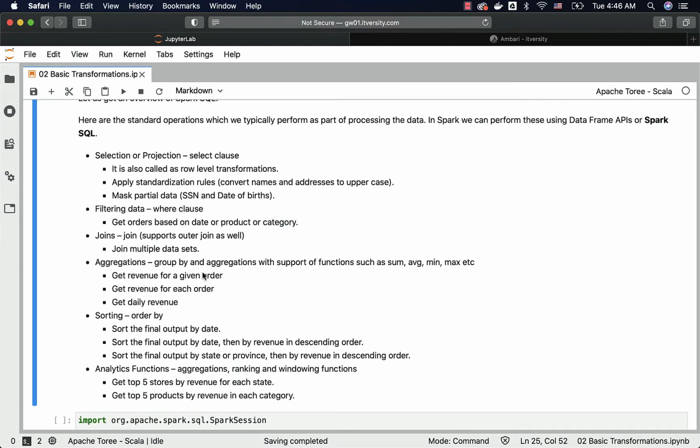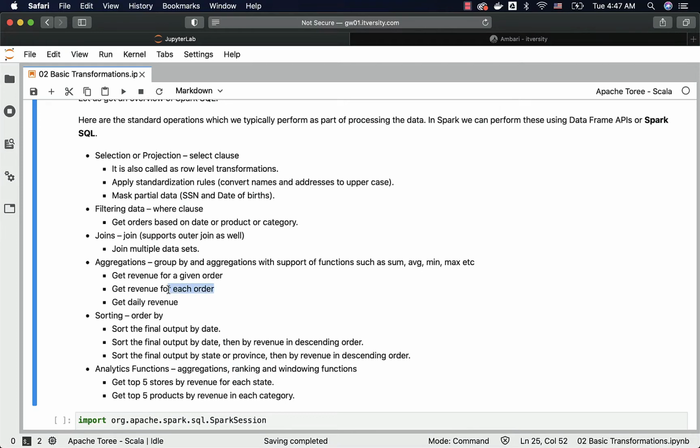Then comes aggregations. Examples for aggregations are nothing but get revenue for a given order. It is a total aggregation. Another classic example can be there can be a number of transactions for a given store. We might want to get total number of transactions or revenue generated by all the transactions for a given store. That is another example for total aggregation.